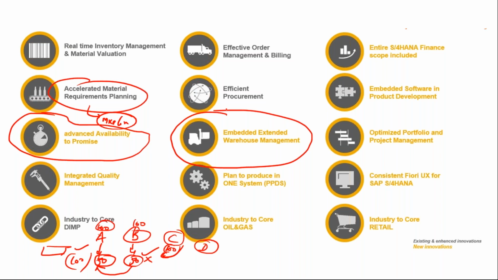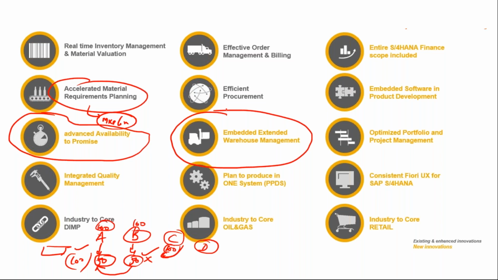And one more thing we will have to keep people informed about: WM is no more there. In SAP S4HANA, there's no more WM. All MM consultants who have worked on WM as well should note that the only option beyond the storage location is your warehouse number, but the warehouse number will be linked to your embedded warehouse.